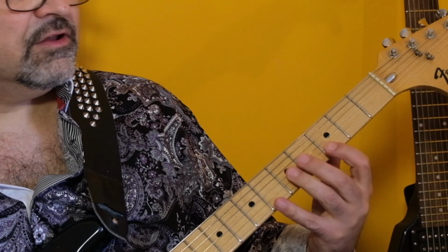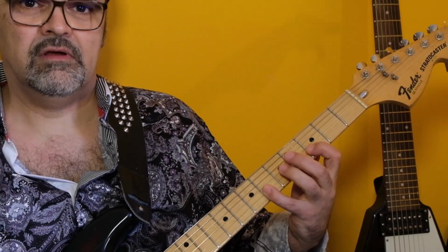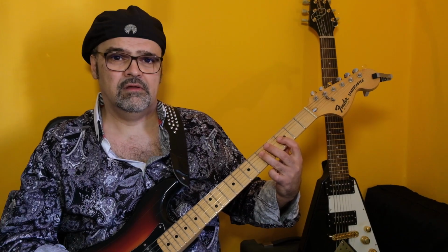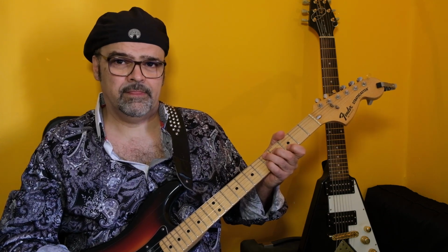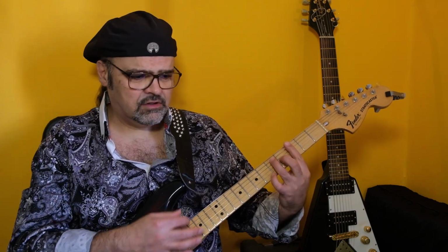So those were all the notes starting from the top for a G minor pentatonic scale on top of a D7. So now you've heard them all, and I strongly encourage you to try this yourself. You don't need to buy a pedal to do this. There are really good freeze pedals and hold pedals and stuff like that. But you could just record yourself